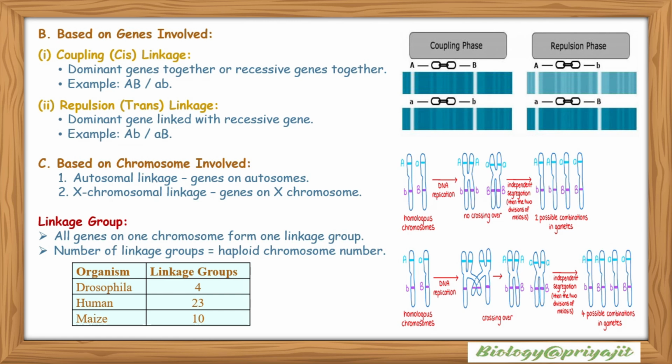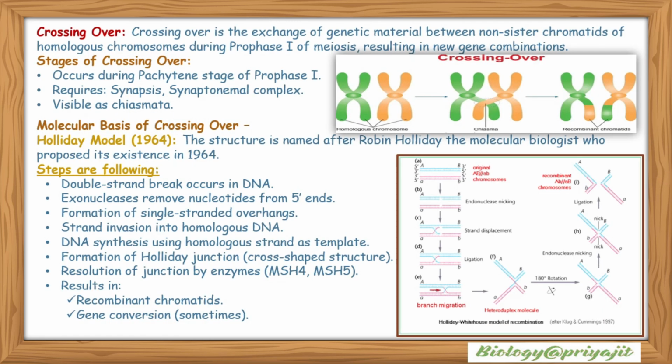So the number of linkage groups is equivalent to the haploid chromosome number. Crossing over. What is crossing over? Crossing over is basically the exchange of genetic material between non-sister chromatids of homologous chromosomes during prophase 1 of meiosis, resulting in new combinations. This is the occurrence of crossing over, and it produces recombinant chromatids, resulting in